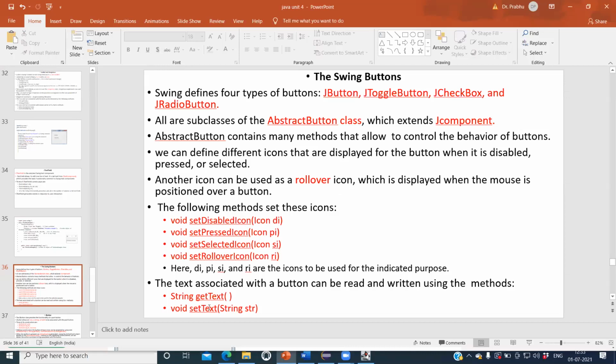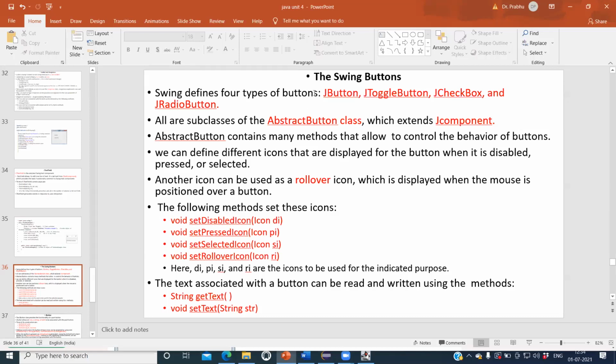Whatever the concept, you should understand one thing: without a constructor, if you want to assign values or give properties for that component, you can use set and get methods. Those set and get names will be preceded to the respective name. For example, this method is for the icon purpose. If you want to disable the icon, you can identify the method name as setDisabledIcon. So all the methods will be preceded with set and get.